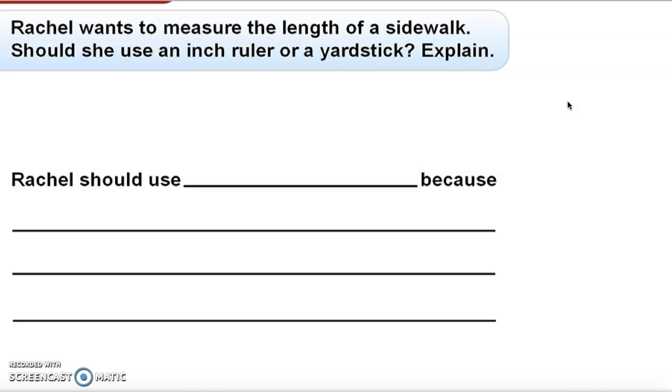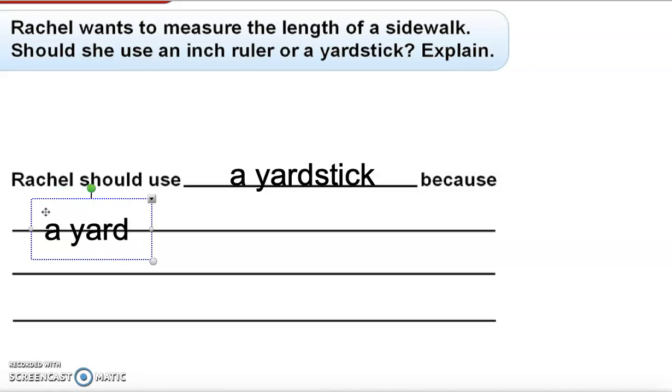They're not very short, especially if you go to big cities like New York City or Boston or Chicago. Their streets are very, very long, right? So to measure the sidewalk, Rachel should probably use a yardstick, right? Because a yardstick is 3 feet, and an inch ruler is only 1 foot, so you would rather use the longer of the two. So what we can say is Rachel should use a yardstick because a yardstick,